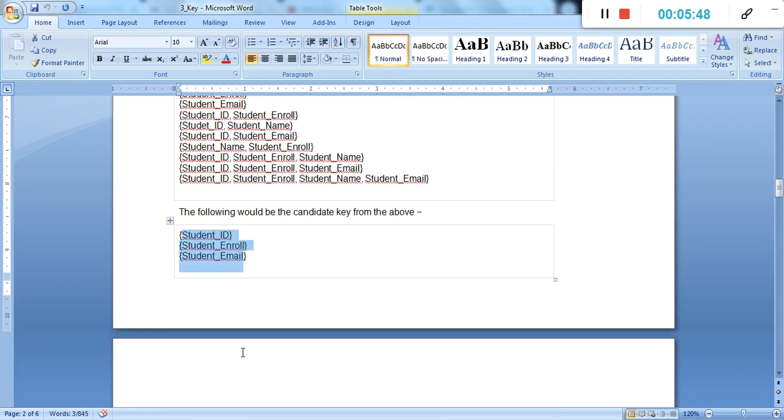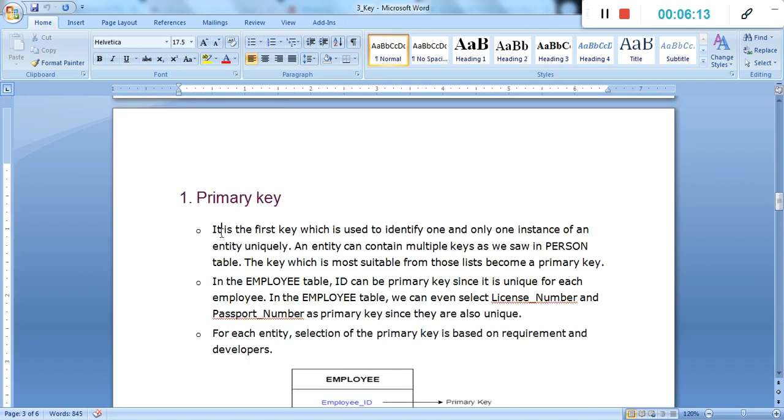And the next concept is primary key. Primary key is a concept which is one of the keys from the candidate key. Means primary key should be one of the keys from the candidate key. It may be the student ID, or it may be a roll number, or it may be an email ID. Primary key is the first key which is used to identify one and only one instance of